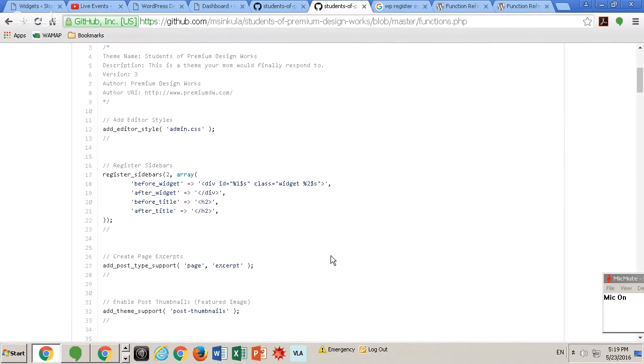And much like our other functions, we can pass the arguments through the function using an associative array. Before the widget, give it a div. After the widget, give it a div. Before the title, give it an H2, so on and so forth. Okay. So if I said then,